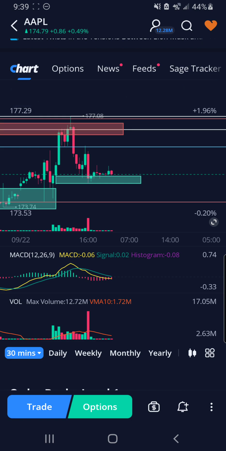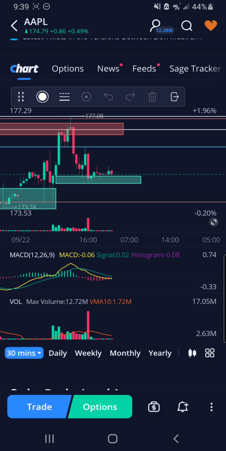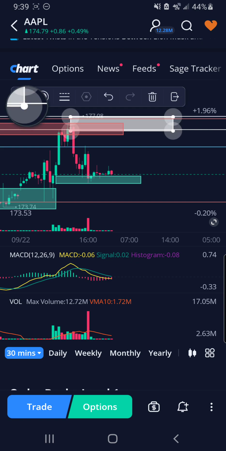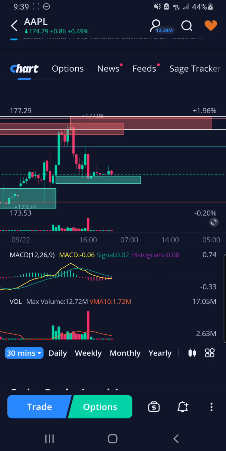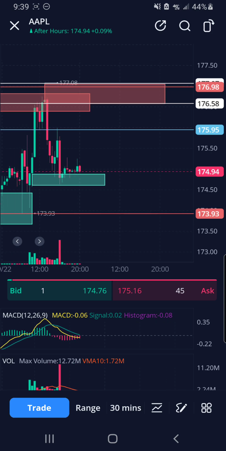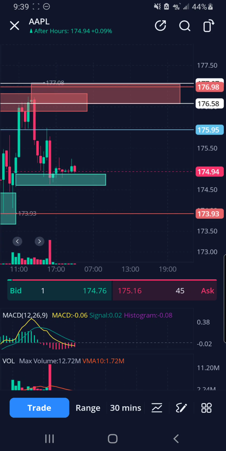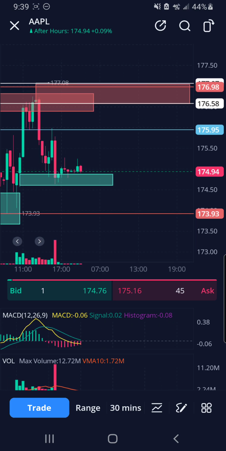And then you make a new box or a new range from here to there. If you want to get the prices approximately, oh, my red line is kind of in the way. You can see the approximate